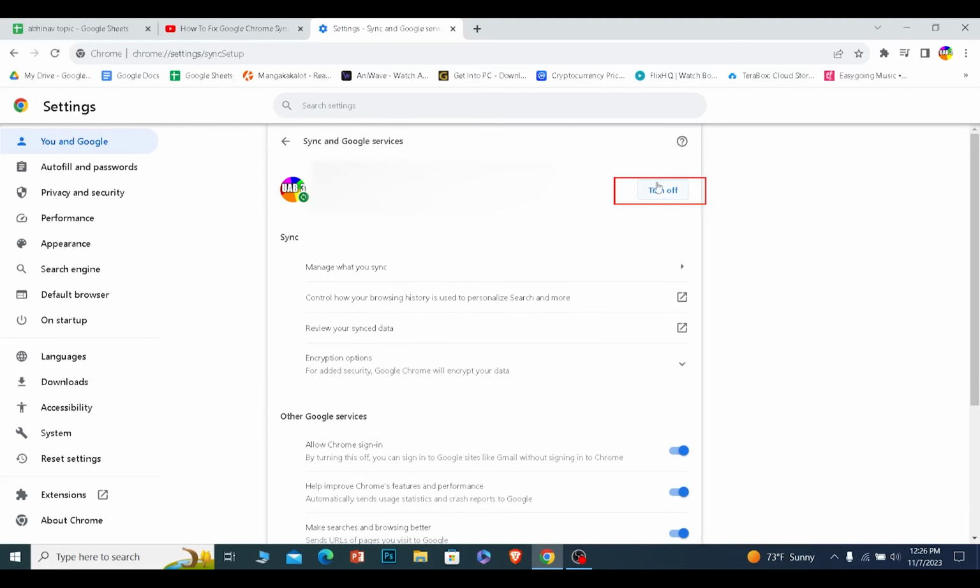Over here, make sure to turn it on. So right now mine says turn off because my sync is already on. In your case, your sync might be off, so do that. And even after doing this, turning it on, if you're still not able to fix it, then click on privacy and